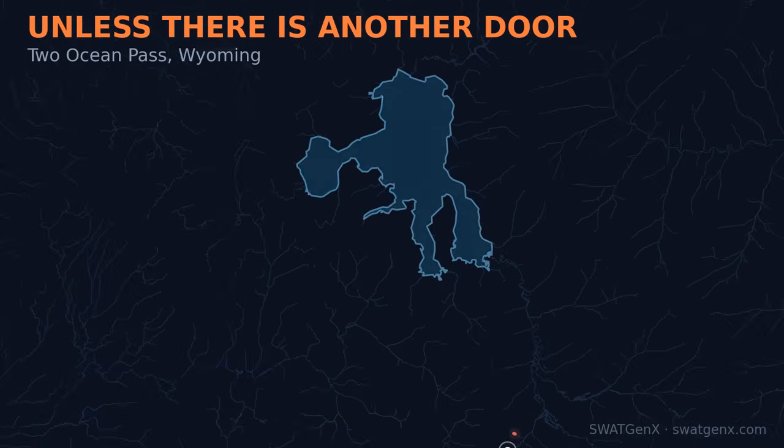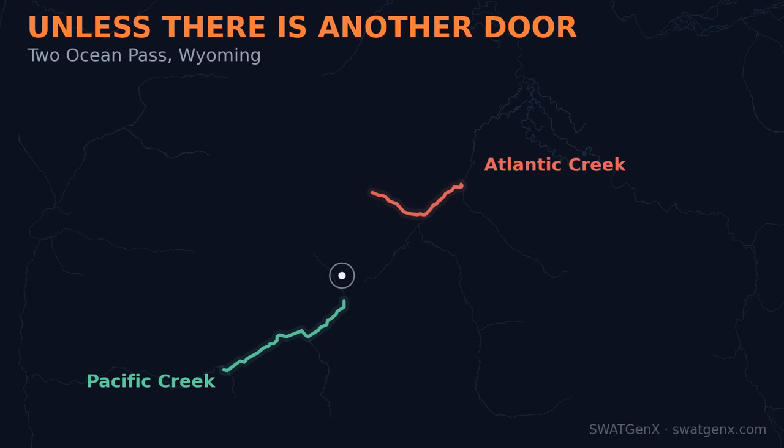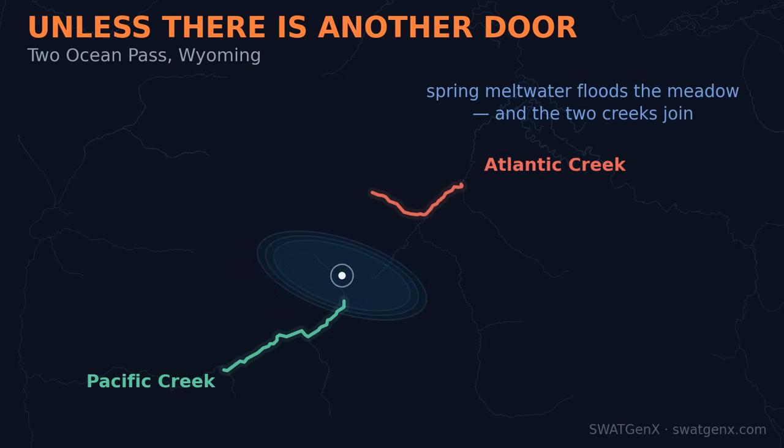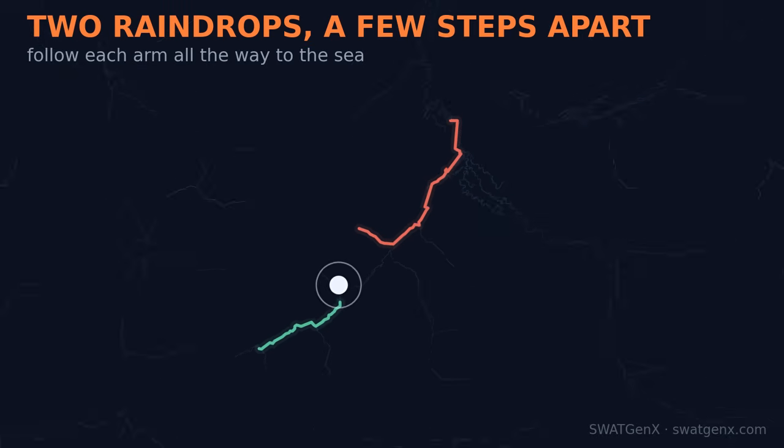60 kilometers south of the lake, at a place called Two Ocean Pass, a single creek arrives at the Continental Divide and splits in two. One arm becomes Pacific Creek. The other becomes Atlantic Creek. The pass is so flat that in the spring of a wet year, the meadow floods and the two creeks join. For a few weeks, a fish can swim across the spine of the continent